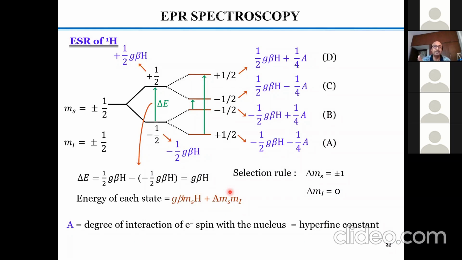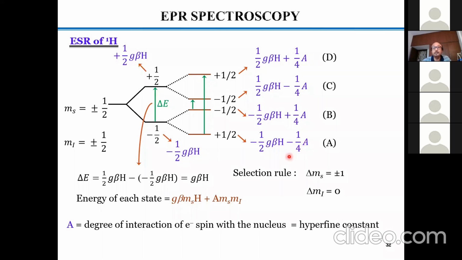As I said in the beginning, electronic structure is a reflection of the molecular structure. So in the beginning, you need to figure out what the molecular structure is. So you need to have the crystal structure of the molecule. Once you have the structure of the molecules, then you can think in a better way to understand the electronic structural aspect. So that's why I said A, M_S into M_I.